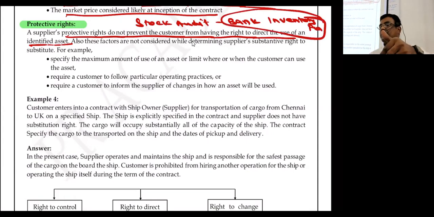Since the bank has given a loan for inventory, the loan should be used only for inventory. But in India, 90% of business people take inventory funds and go and buy land or spend on something else. That is not happening theoretically. As per the rule, if I got inventory funding, it should be used only for inventory. Since the bank has protective rights to check the inventory, will you say the showroom owner does not have control over the vehicle? No, no. Mark this also. Understood or not understood?